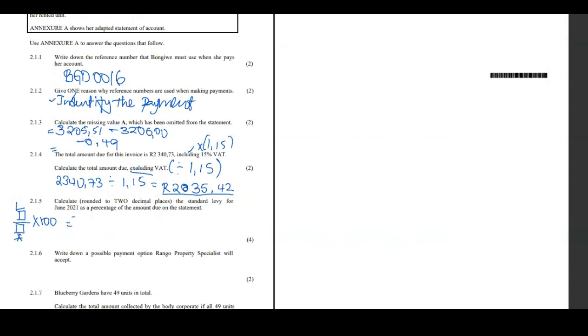So the standard levy, how much is it? We remember very well from the annexure that it's 1,498 rands 63 cents, divided by, it's not a negative, mind you, divided by 2,340